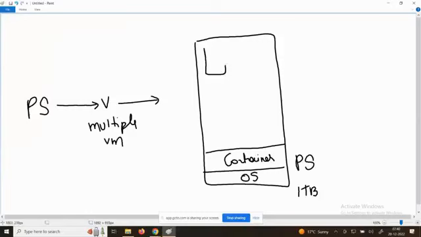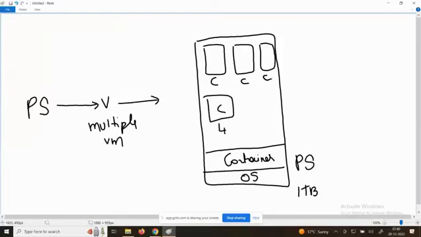So you create container 1, you can create container 2, container 3, another container 4. All are containers. What is the difference in the same diagram? Instead of VMware coming into the picture, and instead of virtual machines, now containers come: container 1, container 2, container 3, container 4.